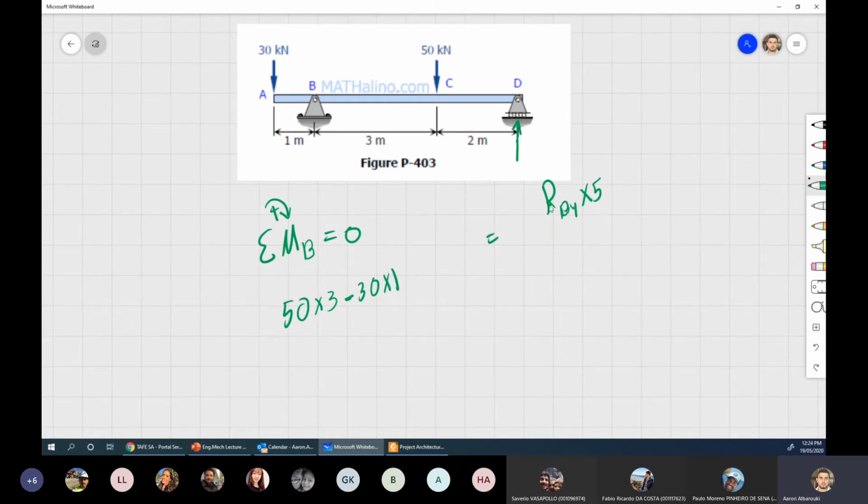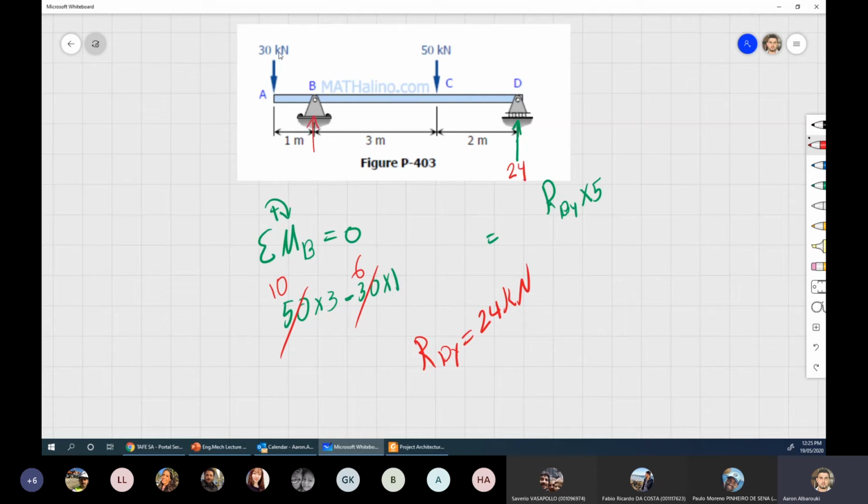So that means R_Dy equals all of this divided by 5. That's 10 by 3 if I cancel. That's what I'm doing in my mind. So I've got this one divided by 5 will be 10, and this divided by 5 will be 6. So I've got 10 multiplied by 3, which is 30. Take 6, that will give me 24. So R_Dy equals 24 kilonewton. And otherwise, if you prefer, you can use your calculator. Okay, whatever is easier for you. So that's 24 kilonewtons. Now, if I need to find the reaction here,